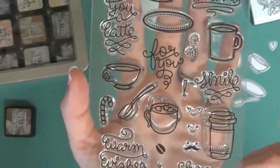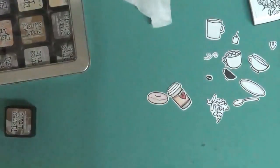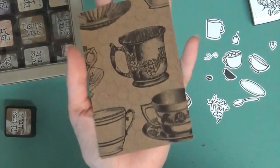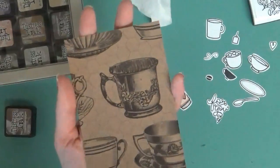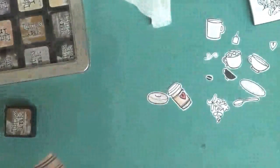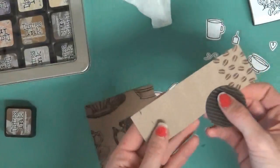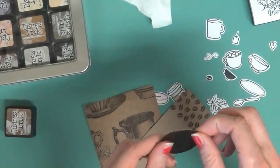So it kind of made me think of Canvas Corp's Beans and Bags collection. And I have some of their papers here. I've got this cute little pattern. This is like a little scrap piece of, it's got tea cups on it and stuff, and there's some of this corrugated cardstock by Canvas Corp as well, just like a really dark chocolate color. And then of course Canvas Corp has regular craft cardstock, and here's a little piece of that corrugated that I